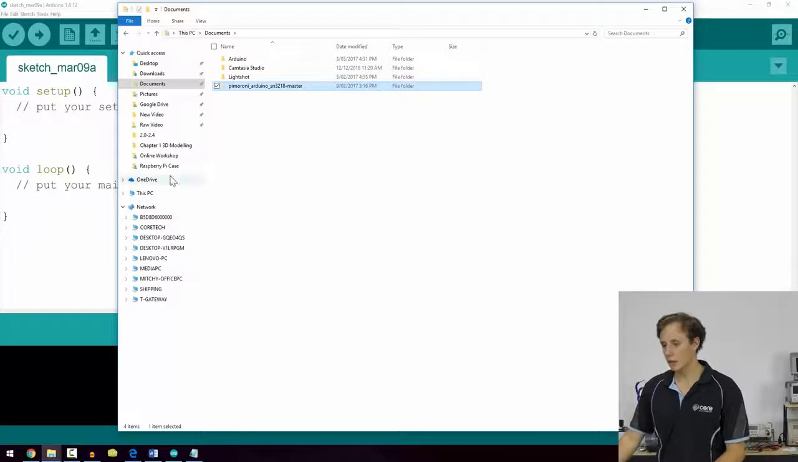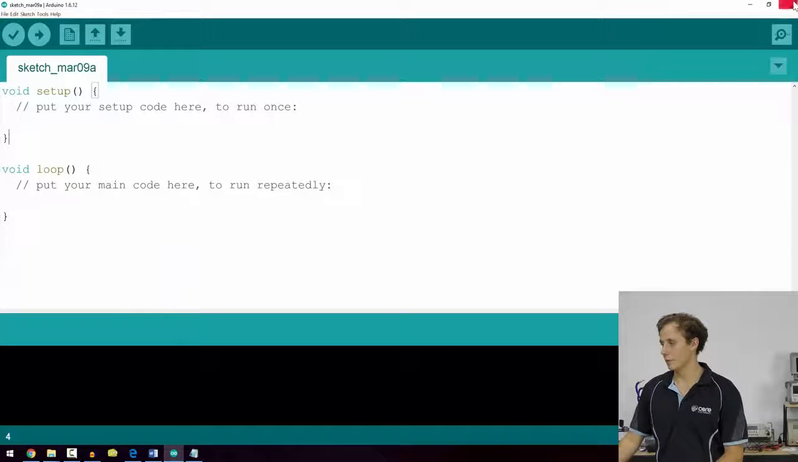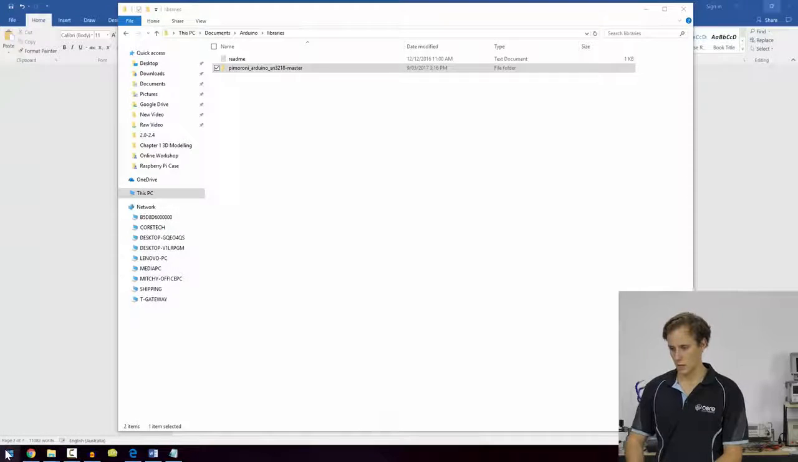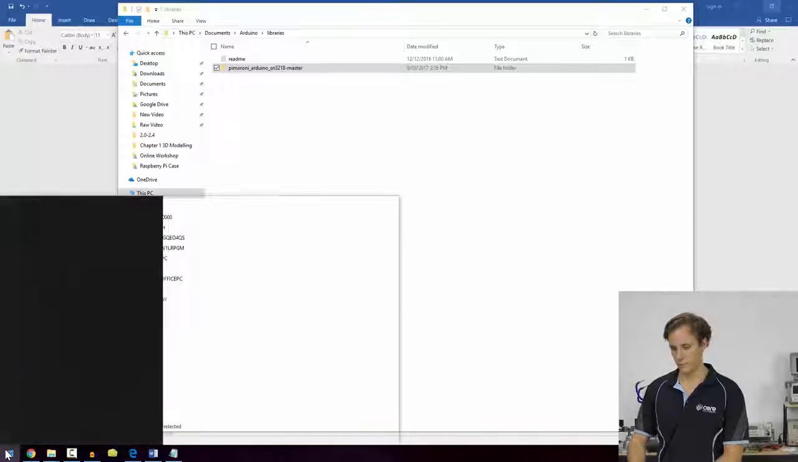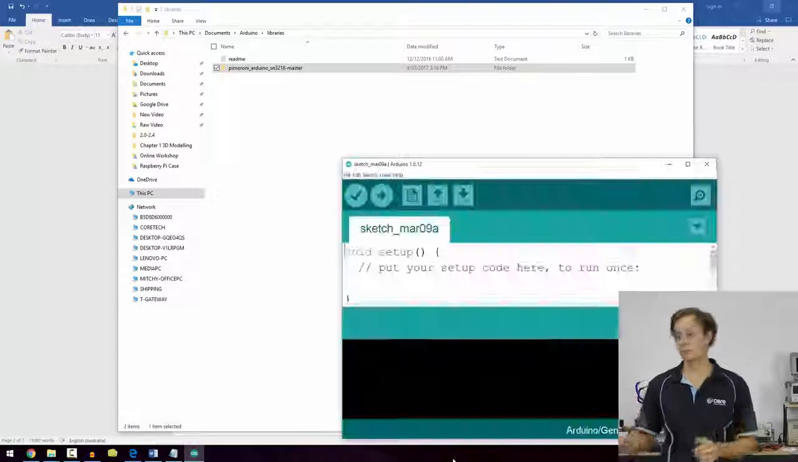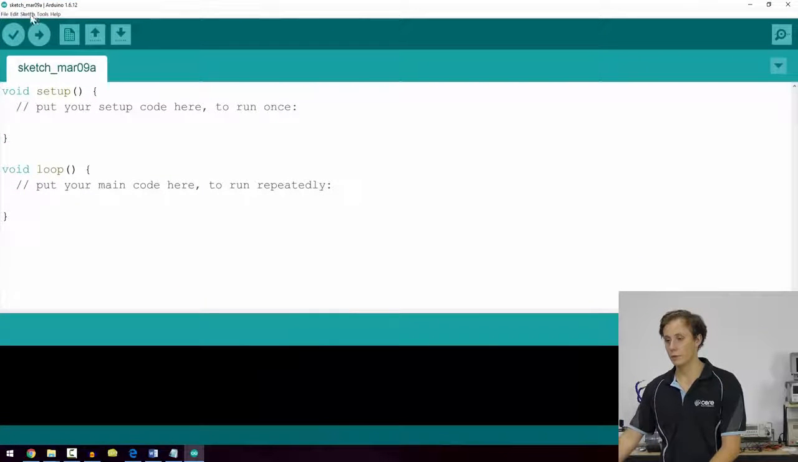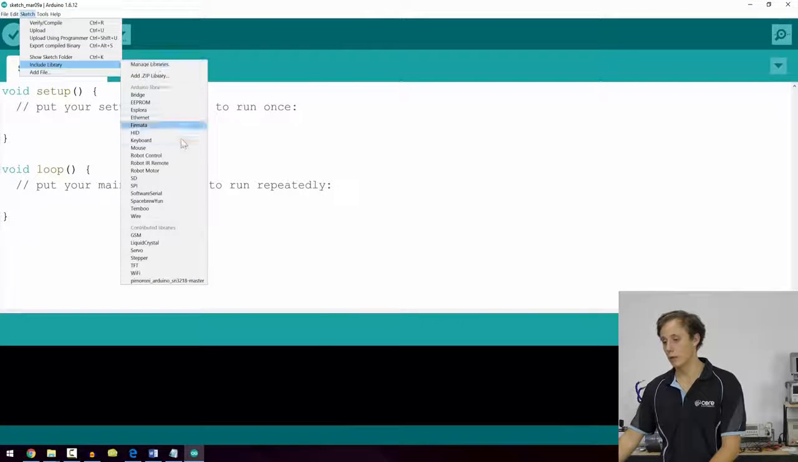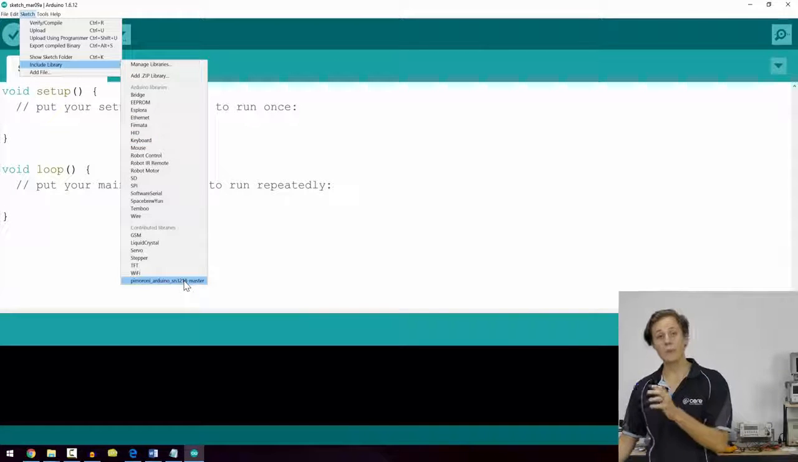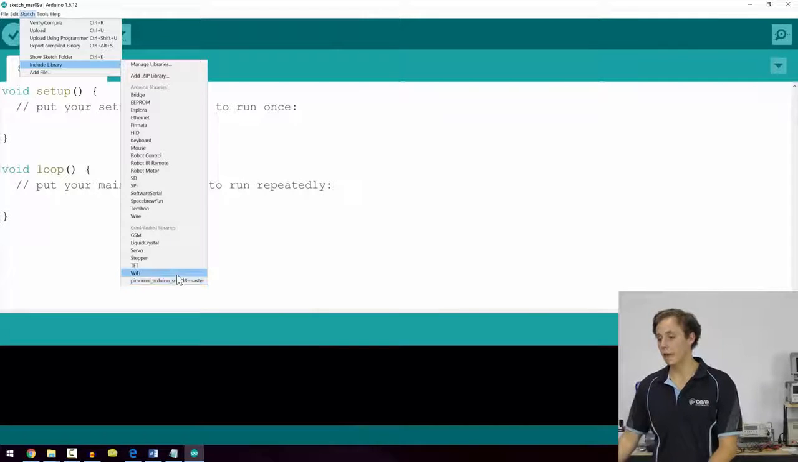So if we take this library here and go into Documents, Arduino, Libraries, and copy it in there, now when we close the IDE and open it back up, we'll see it appear in our libraries folder. So now if you go to Sketch, Include Library, you can see down the bottom here the name of the library that we should include. And you can change the name of the folder, everything you like, that's not a problem. And then if we click on this,